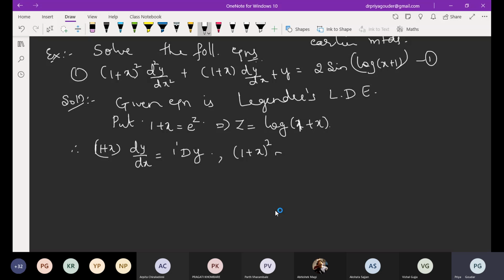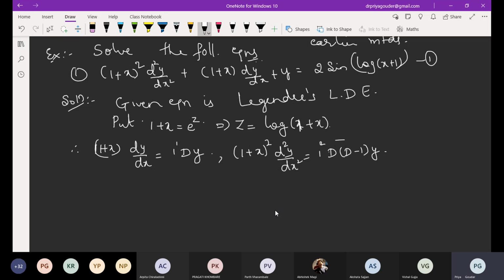Next, take the second term: 1 plus x the whole square d square y by dx square. We are aware that if it is x square format, it is D into D minus 1 into y. What is the coefficient of x again? It is 1 only. It is actually 1 square into. Got it? One more thing. They may give an example like this where this power may be missing by mistake, a printing mistake in the exam. So don't expect a grace question for this. You are aware, no? It is 100% not Cauchy, isn't it? It is Legendre's. The only change I have to take is the square. Don't expect grace questions for such things.